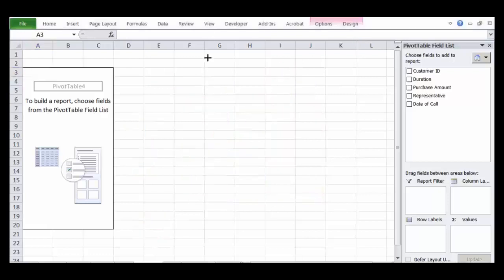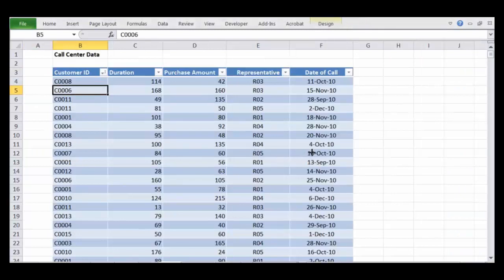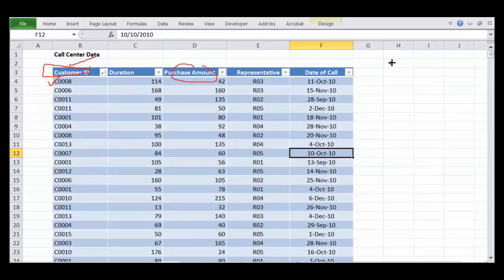So here, if you see, these are the fields, and here you have the area. For row labels, you can put any field in the row label. But for the summation of the values, you should put only those values which can be summed up. As an example, in this data we have a customer ID. What we may want to know is how much business each customer is giving, or how much purchase each of the customers is making.